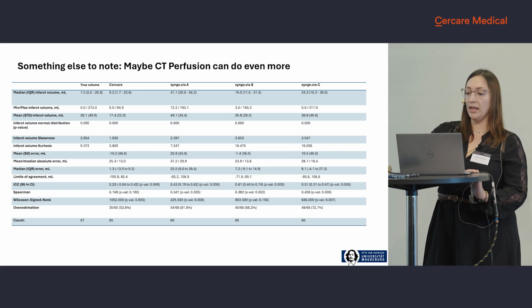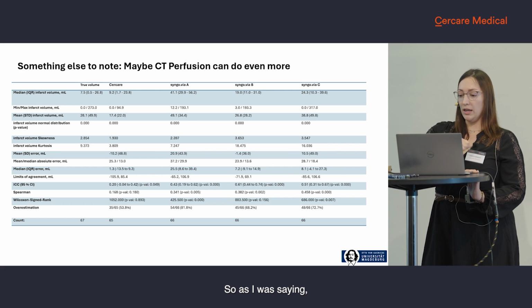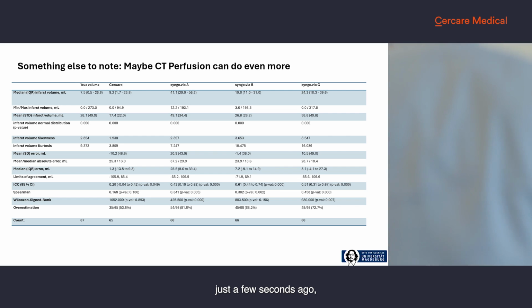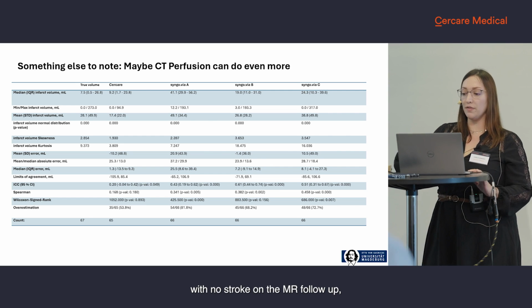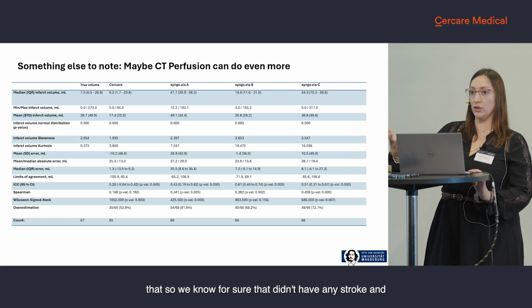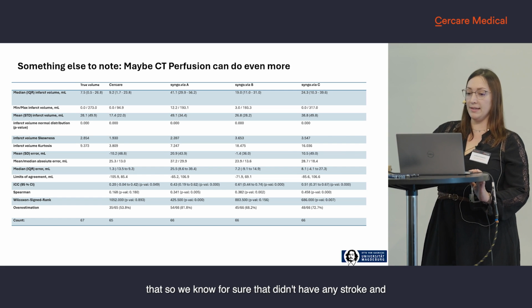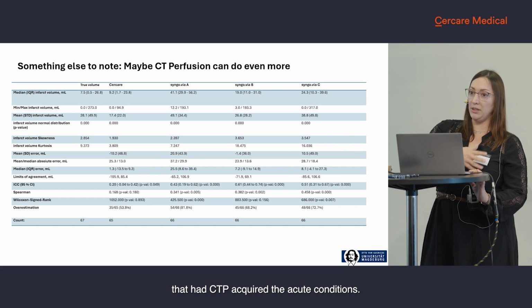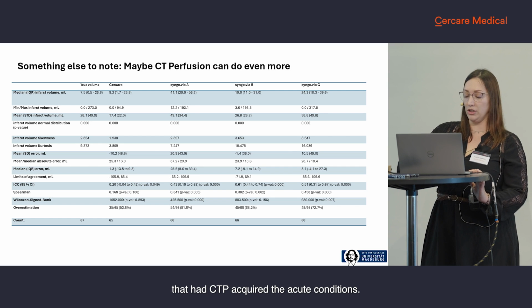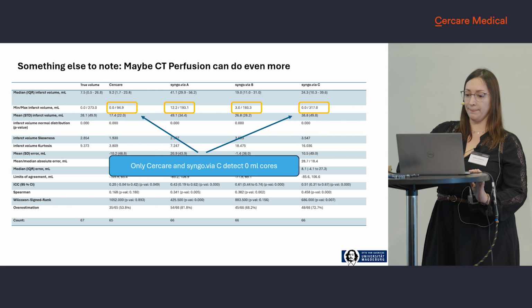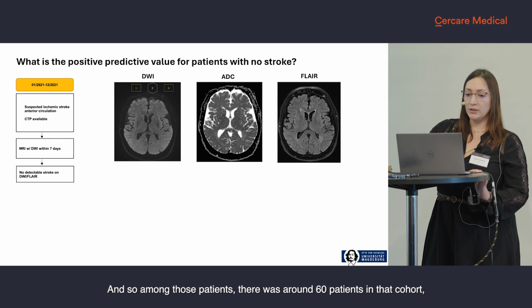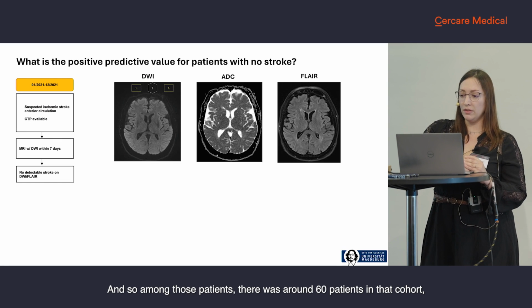So as I was saying just a few seconds ago, we took other patients from the database and looked for patients with no stroke on the MR follow-up. So we know for sure that they didn't have any stroke, and that had CTP acquired in the acute conditions. Among those patients, there were around 60 patients in that cohort. They were processed